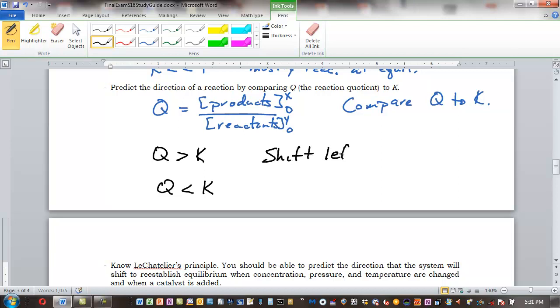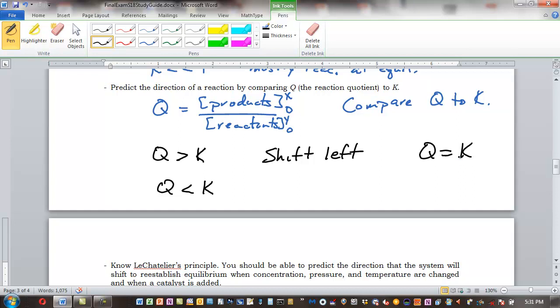So you can memorize this. Looking at my expression here, if Q is too large, then I have too much product. My numerator is too big, so I need to get rid of product. It's going to go from product to reactant. So product will get smaller, reactant will get larger, and eventually we will get to the equilibrium constant, because remember, we eventually want to get to Q equal to K. So Q is too large, products go to reactants, the numerator gets smaller, the denominator gets bigger,